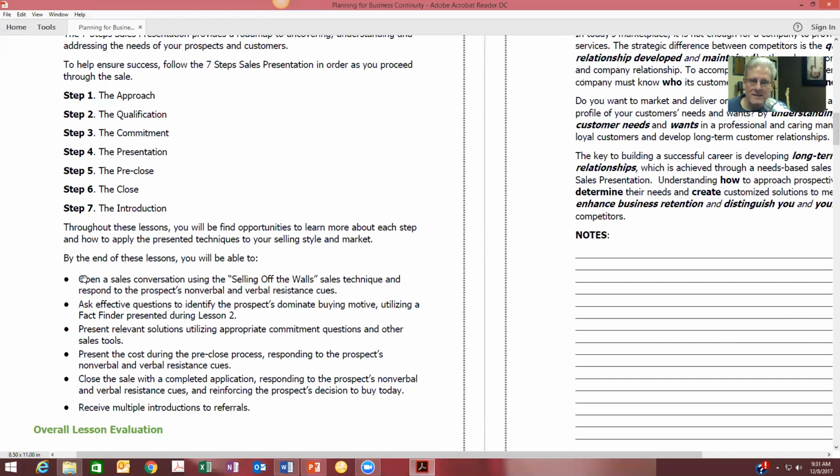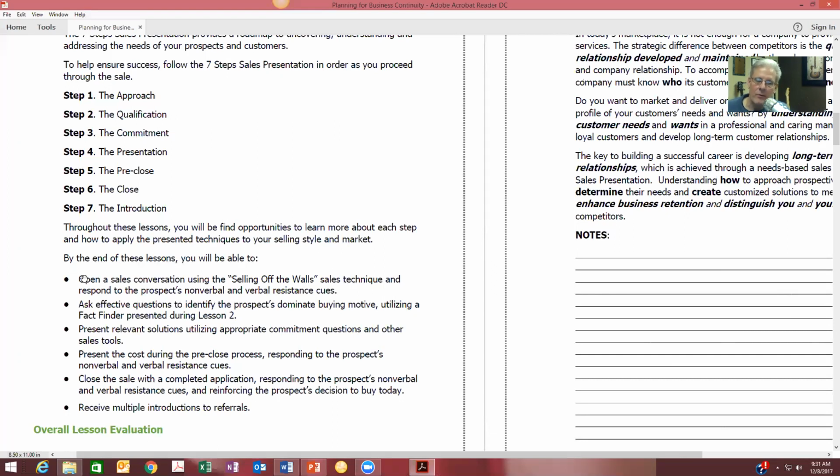You're also going to learn how to ask effective questions. And I know the open-ended questions and closed-ended questions, but there's a whole bunch of other questions that are extremely effective at getting people to disclose the type of problems that they want to solve. Remember, you sell the problem, not the product. So we're going to talk about questions. We're going to talk about the psychology of the questions. When we get done using the Fact Finder, you're going to be able to ask questions that when the prospect answers it, will tell you what problem they're interested in solving.